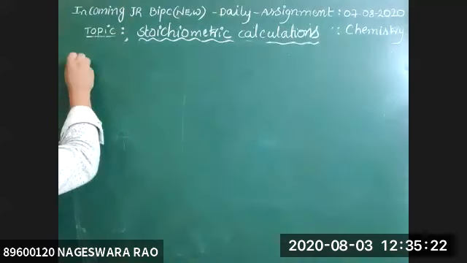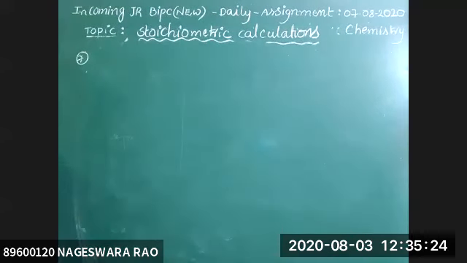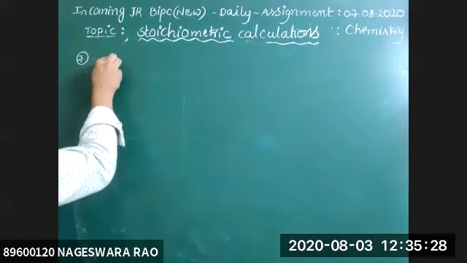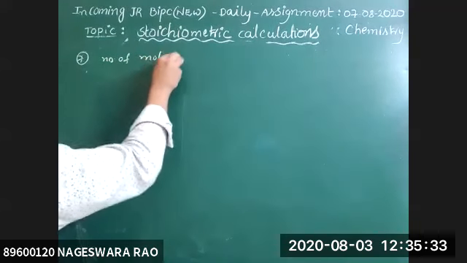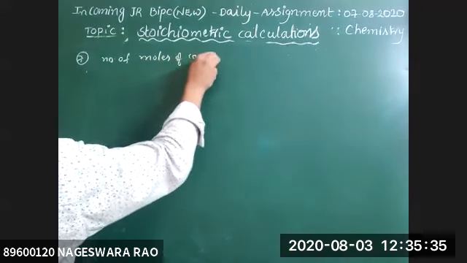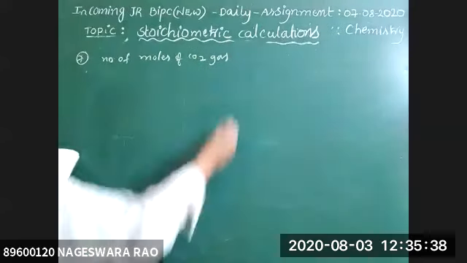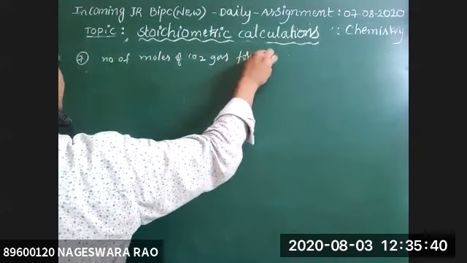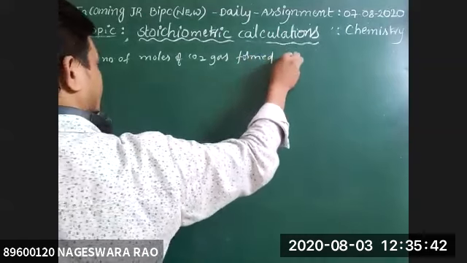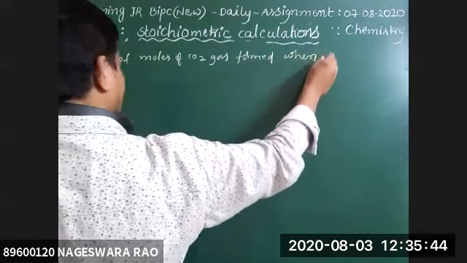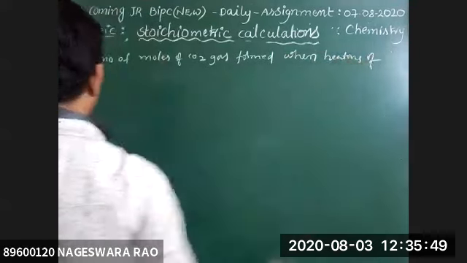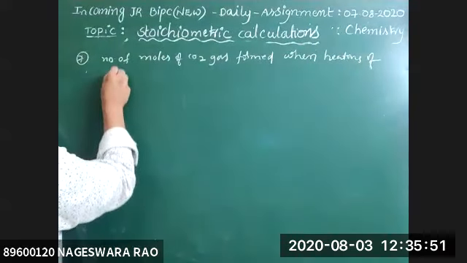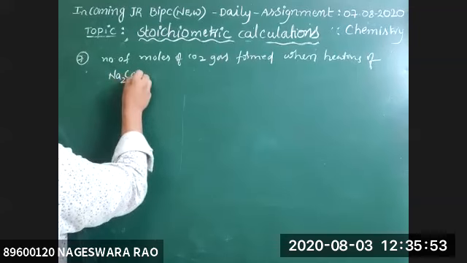Seventh question. Number of moles of CO2 gas formed when heating of Na2CO3 is,